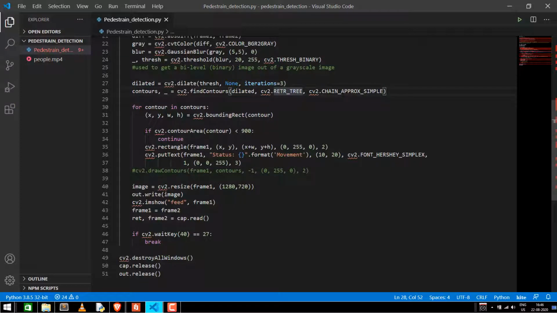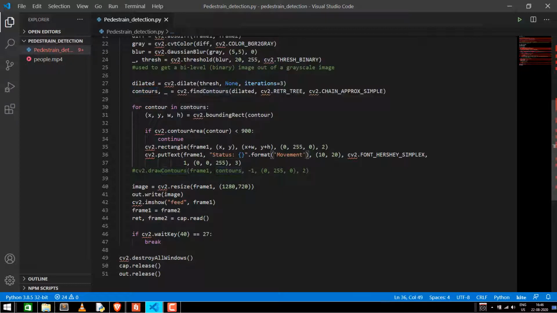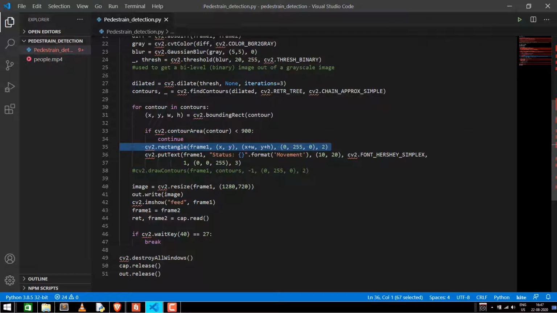So moving forward, after creating the contours, it will create the array or the set of contours. It will be creating this list of contours and iterating over it. So for every contour in contours, that means for every person being detected in the video, bound that person with a rectangle with these specifications.